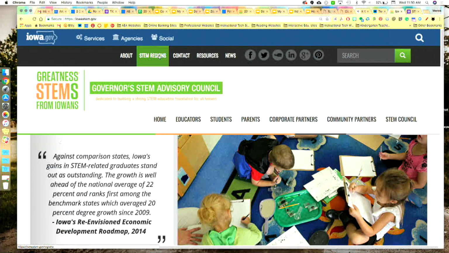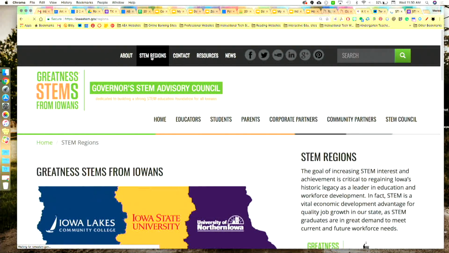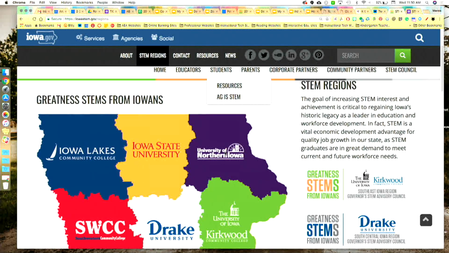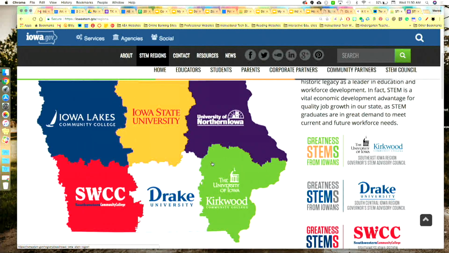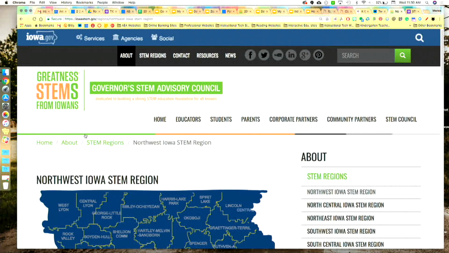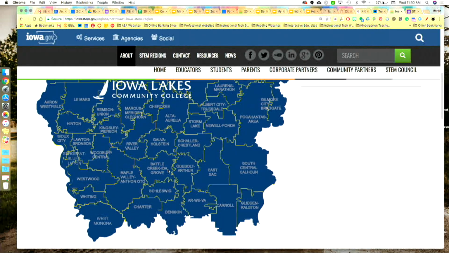Yes. So it's very hard to find, but I will show you how to find it. If this is the page for all of the STEM, you go up to STEM regions, then you find yours. So Heartland is actually represented in like 4 of these. Which one did you want to find? Iowa Lakes. So if you click on that, then what I did is come all the way down here